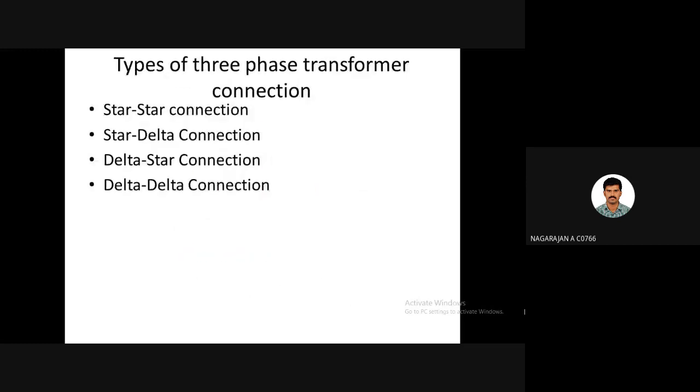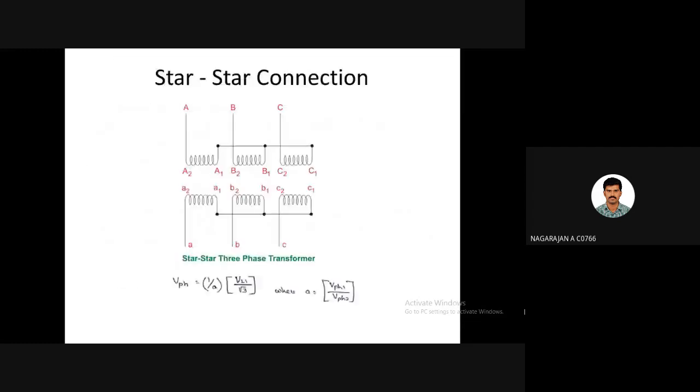So today we are going to see a problem based on a connection of three-phase transformer. And before going to that, you should be knowing the relationship between phase voltage and line voltage, phase current and line current in different connections. In delta connections, what is the relationship between phase and line voltages? And in star connection, what is the relationship between line and phase voltages? Those details you should be aware of before going to that problem.